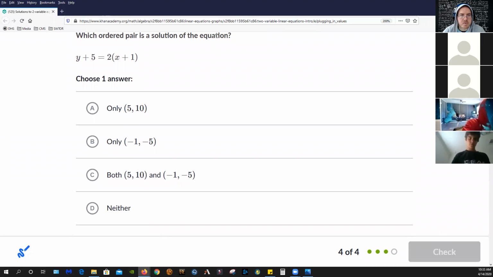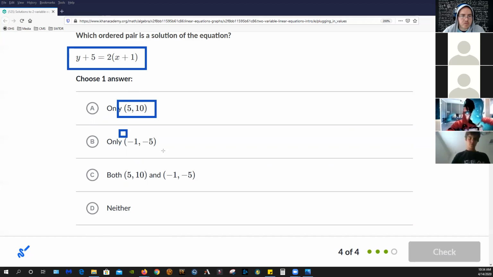So on your own paper, try this one. I'll give you a quick reminder, but everyone try to come up with an answer before I do it. If you can't, that's fine. Get as far as you can until you need to stop. But here's the equation they give you. And they give us this ordered pair and this ordered pair, which means that they are flat out giving you